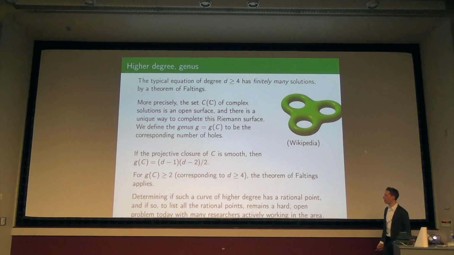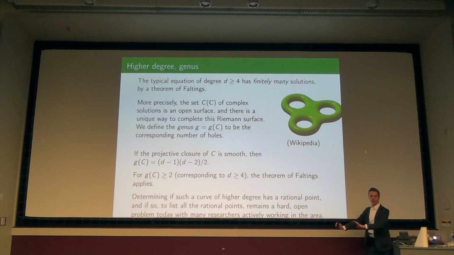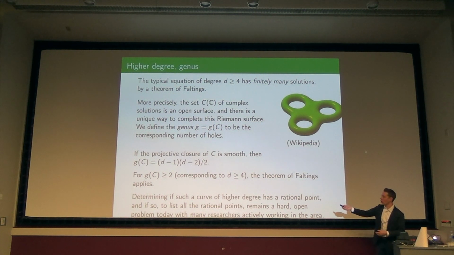All right. So now I'm going to totally not talk about this. Okay, the talk is about elliptic curves, and I'm trying to set the stage to convince you that elliptic curves is where it's exciting. Of course, some amount of my time I'm also interested in this question, but if you wanted to tell if a higher degree equation has a rational point, and if so, to tell me the finitely many solutions, that's what we could ask. Y to the fourth minus x squared equals something, you know, whatever. It's a hard, open problem with many researchers actively working in the area.